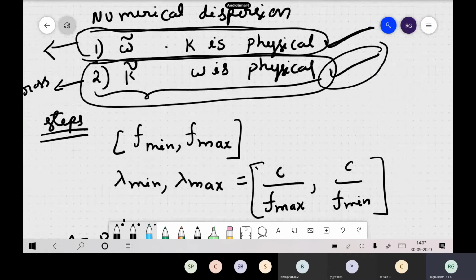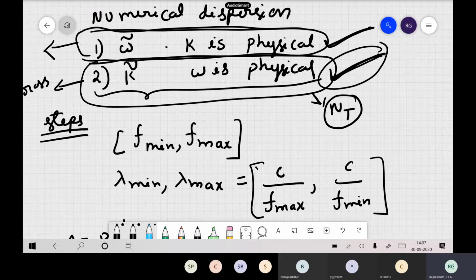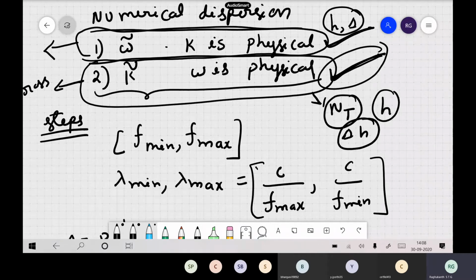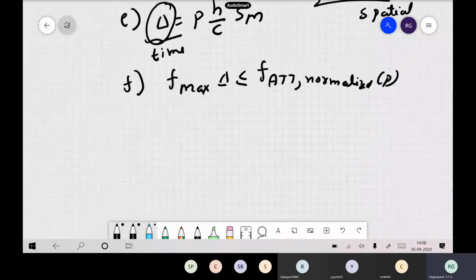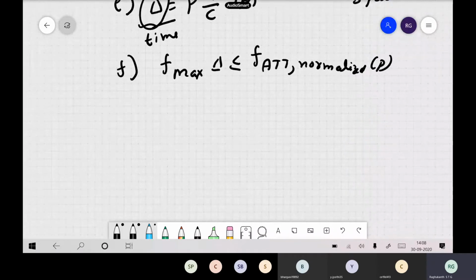For example, you can take the dispersion velocity, the group velocity, for the second case. But if you start with the second case, you will not be fixing n lambda, you will be fixing nt actually, how many time points it will give you. Once you have the time points, then you have to select the h. In the first procedure we are selecting h, then we go for delta. So here you follow the reverse way. This is just a broad guideline which you have to follow when you are writing your code in the finite difference method.